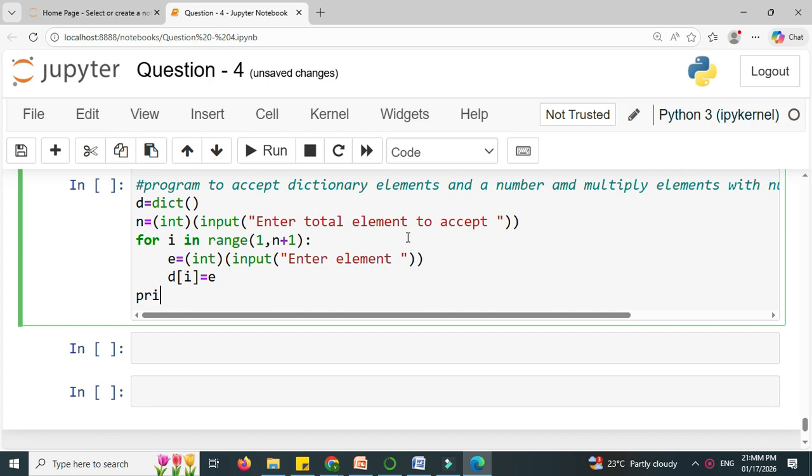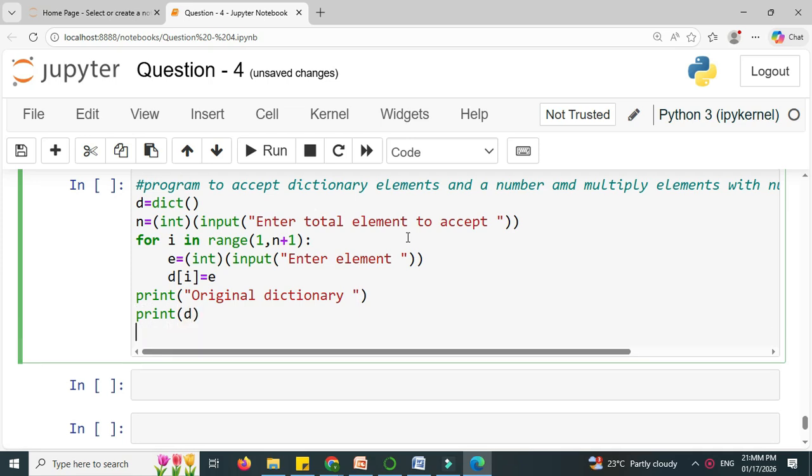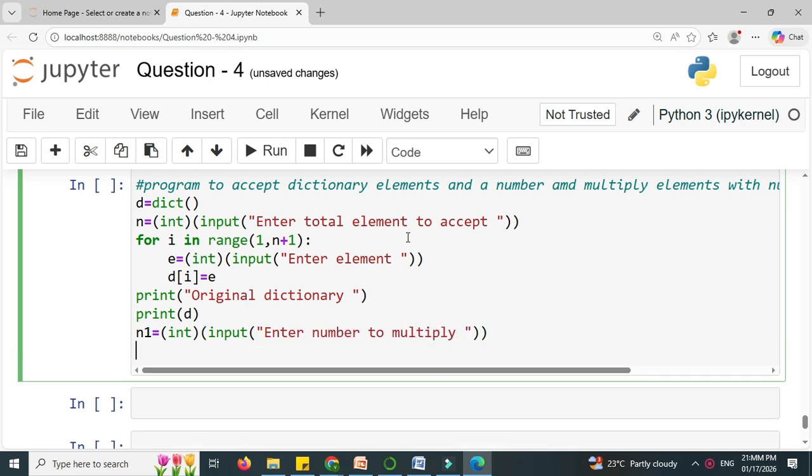Then we will print the original dictionary as print d. Then we will accept the number for multiplication. So n1 equal to int input, enter number to multiply, and we will multiply this number with the dictionary elements using